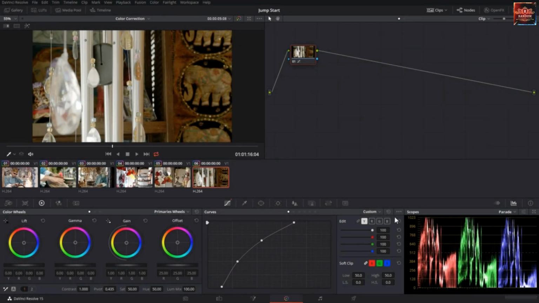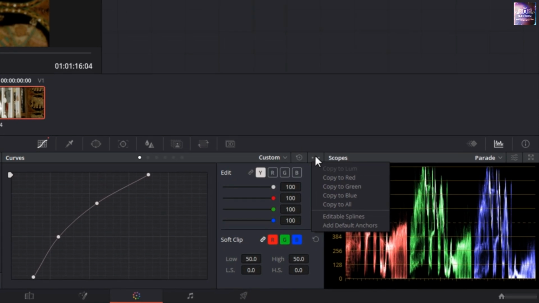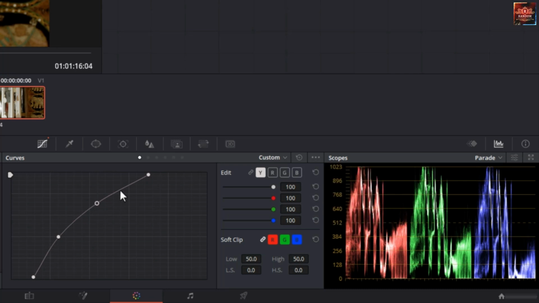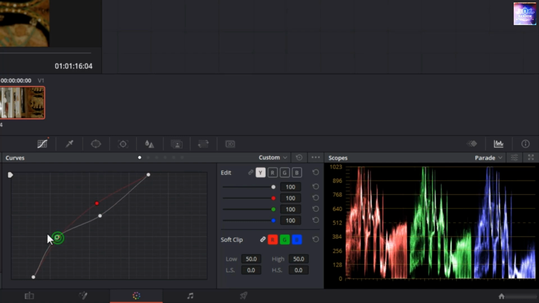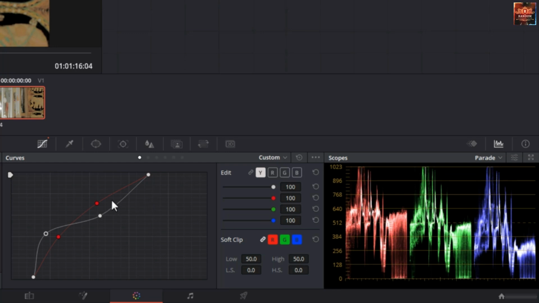Within the curves, let's look at the other options. You have the possibility to copy a curve to another curve. For example, we know that these curves are identical. So if you remove the chain and change one curve, for example, I will take the Luma, just for example,